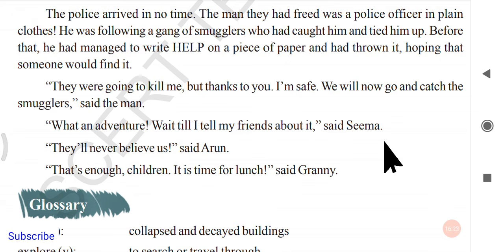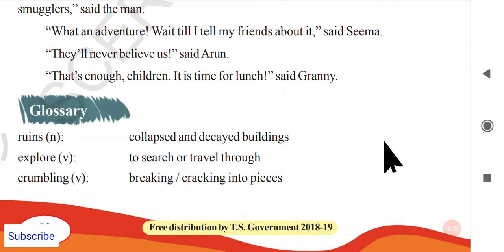So my dear children, if you come across this type of situation in your life, don't simply think that it is just a piece of rubbish paper. How could a rubbish paper be seen in a place like a forest? That is not possible, right? So you should always think beyond the things that are appearable. Don't look at only the paper or just the letters that appear. Just like Arun saw beyond the letters, he thought beyond them. Only then could he find that the word was help.